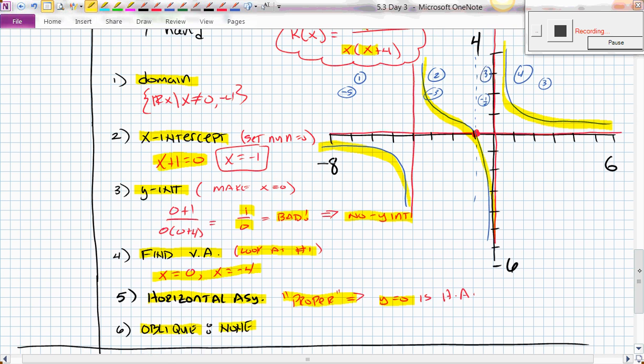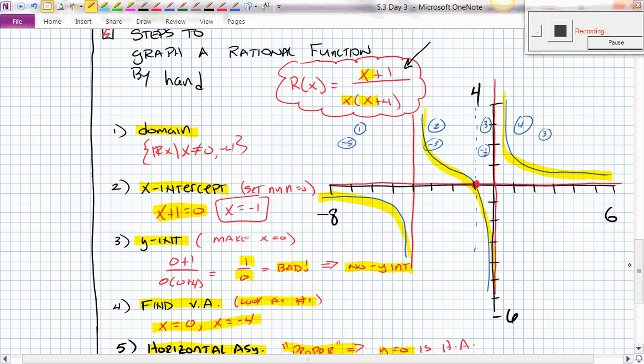All right, great. Once you have all of that information, you got to start putting it on the graph. So I drew a graph here, and I started with the domain at 0 and negative 4. So at x equals 0, I have a red line, which represents a vertical asymptote here. And then at negative 4, I've got a red line, which represents another vertical asymptote. Then I put my x-intercept on the graph at x equals negative 1. There's no y-intercept. The vertical asymptotes were at 0 and negative 4. Horizontal asymptote is right here,